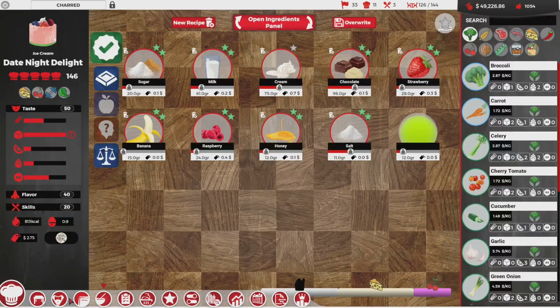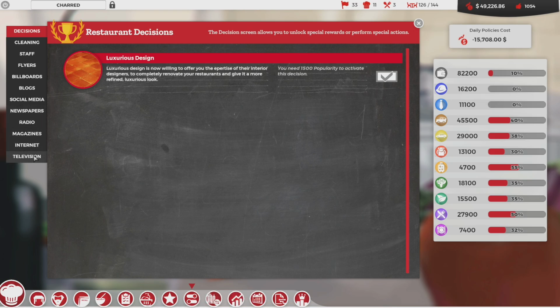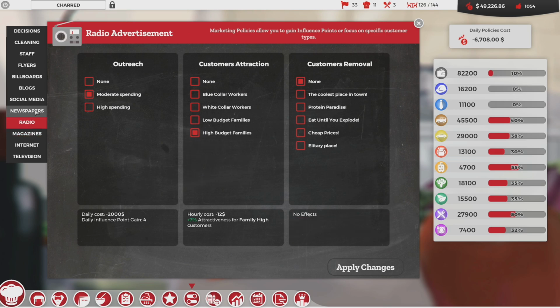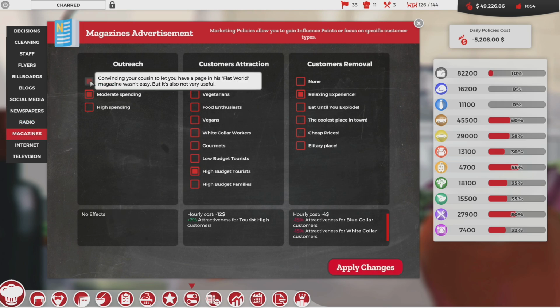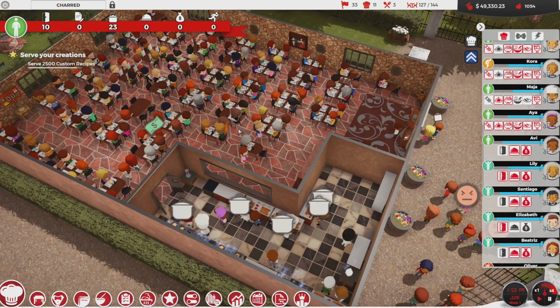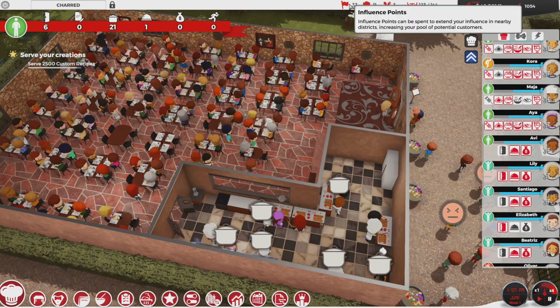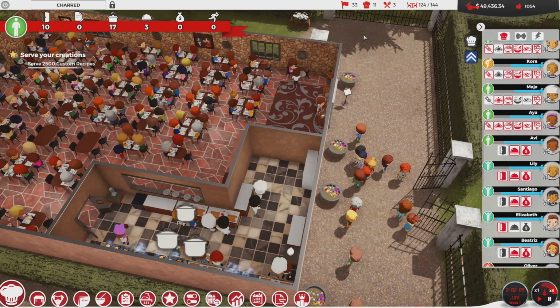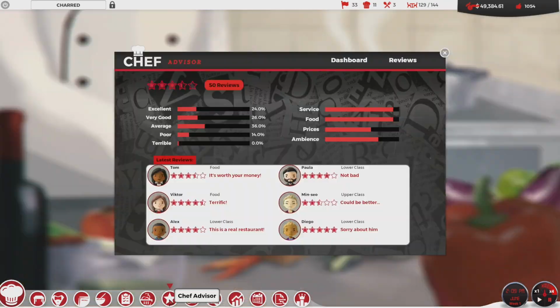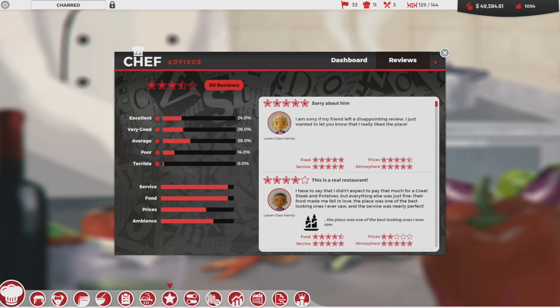I'm actually going to go ahead into decisions again, and let's stop spending so much money on the outreach. So we don't need that money on the outreach anymore. I'm actually going to go ahead and stop the magazine outreach too. So that lowers our costs significantly because we just banked up a ton of influence points. And we'll use those influence points for the next restaurant, which I'm not entirely sure how to do. Because I figured, it